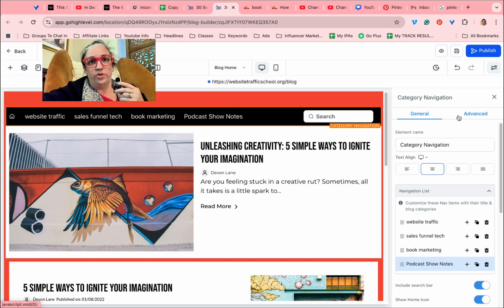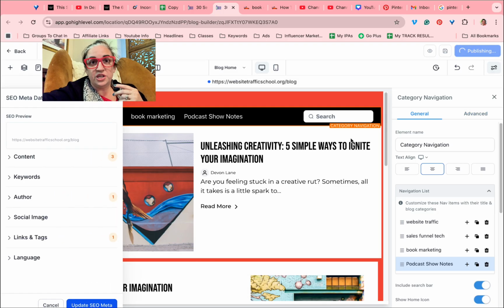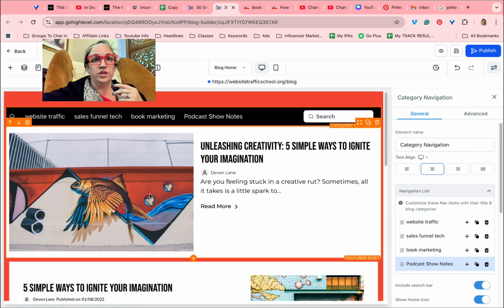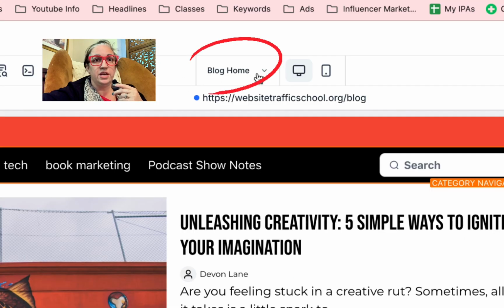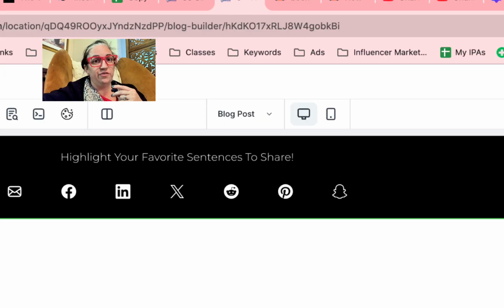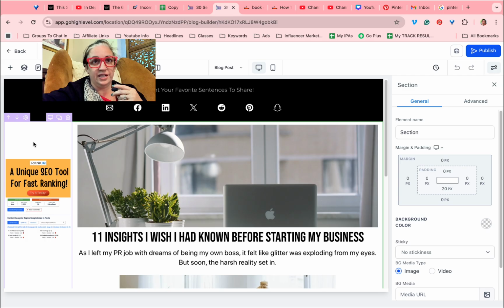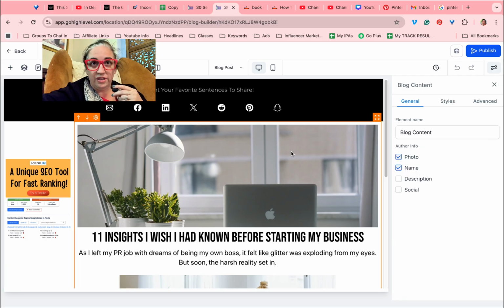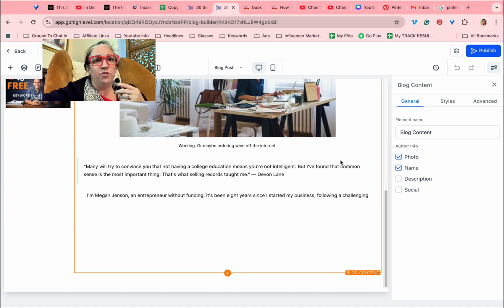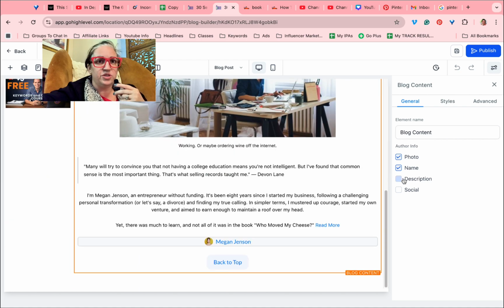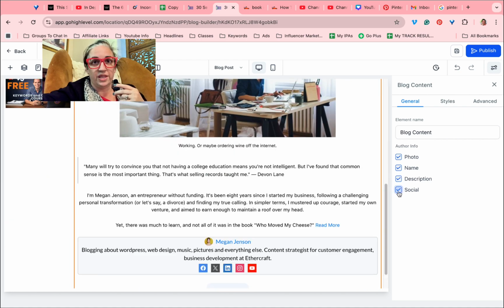And then you can go to the category navigation here and set your own different categories. And then I discovered up here, you can also customize what the individual blog posts look like. So you go up here, you click that little arrow, and you switch it to blog post. And now, again, you have an element that is your blog post. You can't do much with that. You can do a little bit